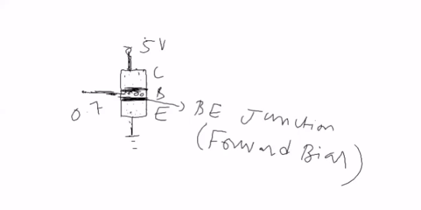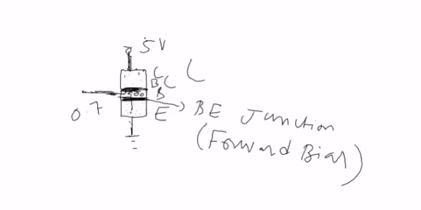Okay, if it is forward biased, it means the electrons will come into the base region. And you know that we will make this second region, the base-collector junction, reverse biased. For normal mode, the amplification mode, we make the base-emitter junction forward biased and the base-collector junction reverse biased,